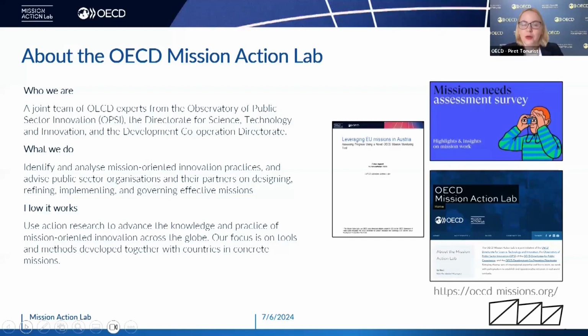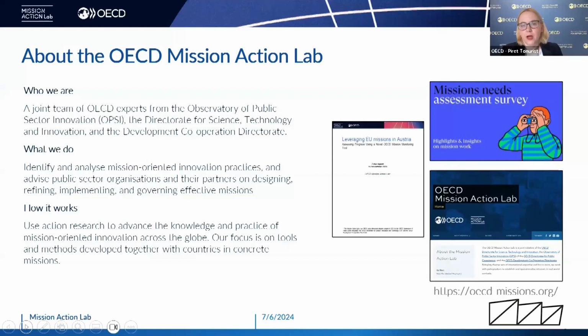First of all, what about the OECD Mission Action Lab? Already some years ago, as introduced, we created a joint action lab at the OECD, crossing different directorates. We work across the Governance Directorate, the Observatory of Public Sector Innovation, where we record the state of the art of public sector innovation, what is going on and how public sectors are innovating in their entirety. We have the Directorate for Science, Technology and Innovation, who have been following challenge-led innovation and science and technology-led missions for quite some time. And then we also include in our initiative the Development